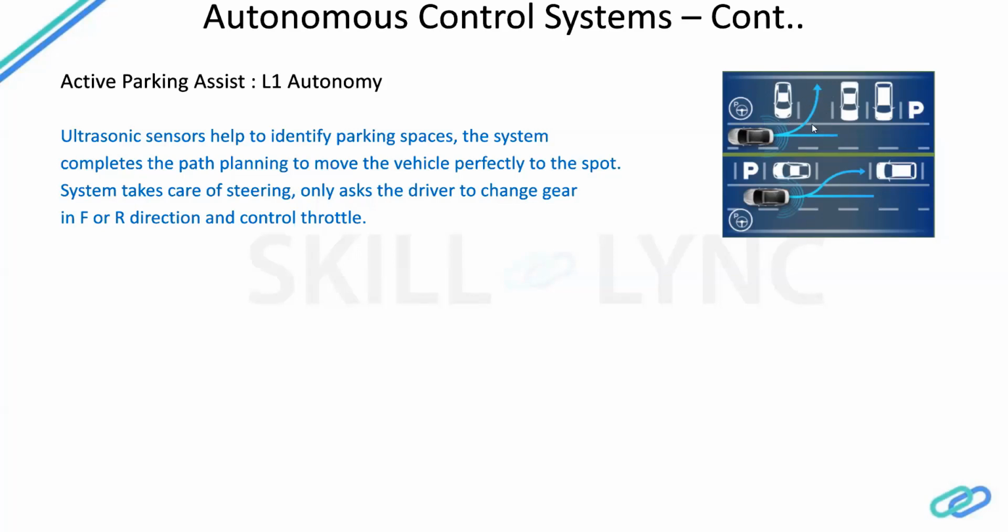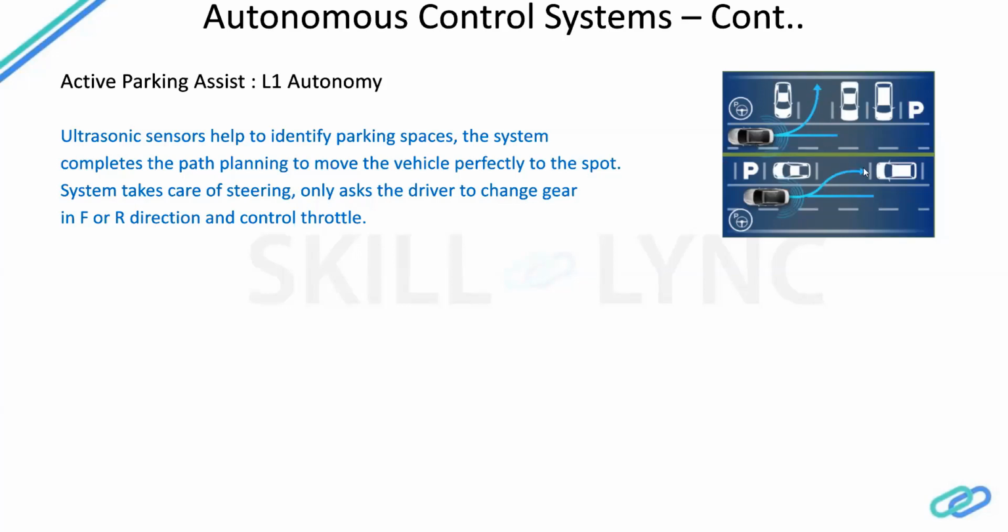And then if the parking spot is suited for your vehicle, it will tell you, okay, a parking spot is available, please stop. Once you stop the vehicle by applying the brake, it will ask you to engage reverse gear. As soon as you engage reverse gear and put a little bit of throttle, your vehicle will start moving backwards. To place the vehicle in the correct position, the steering is automatically taken care of by the control model. It will rotate your steering in such a way, keeping in mind the acceleration you are applying, and it will automatically do the steering movement and place your vehicle in the particular place.